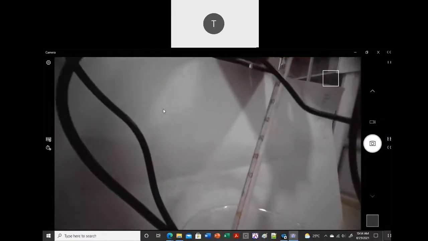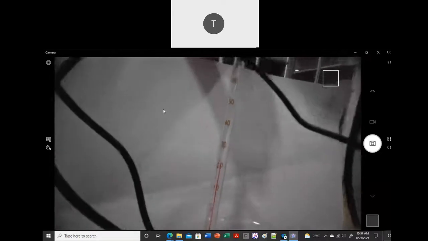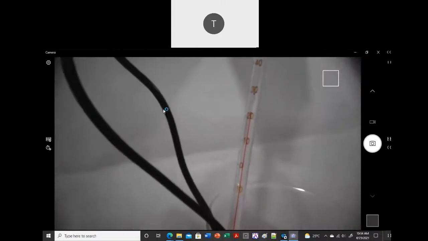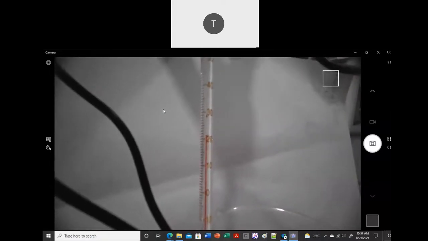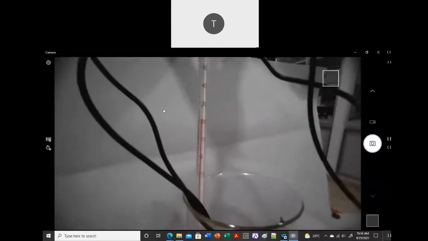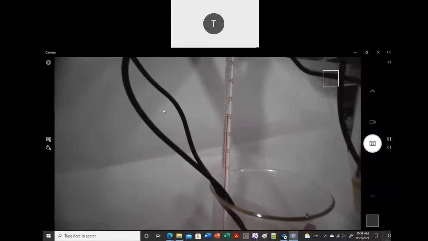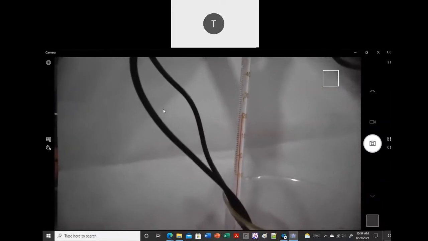I think it is difficult. Okay, so now you can see what is the temperature here. The temperature is almost close to 23 or 24, because right now I'm in an AC room, so it is around 22 degrees C. Okay, so then what we do, so this is a setup.